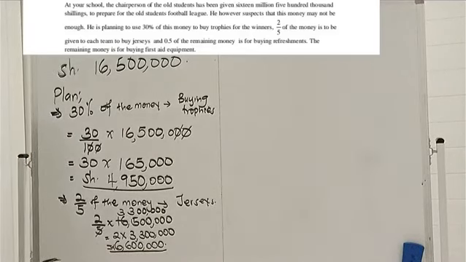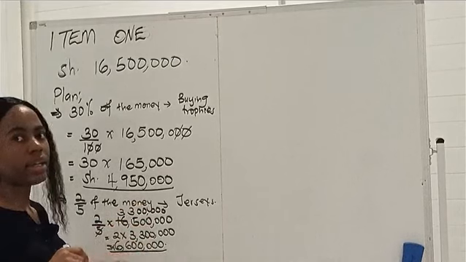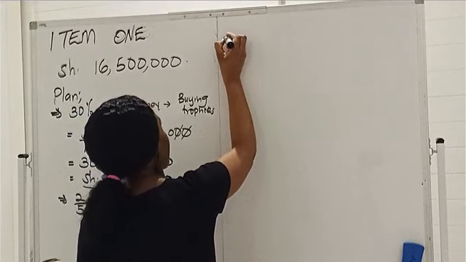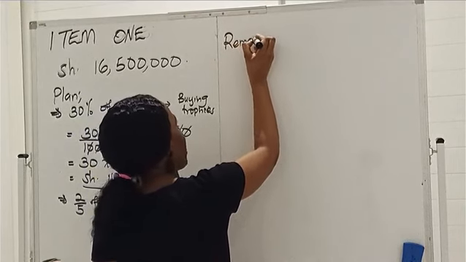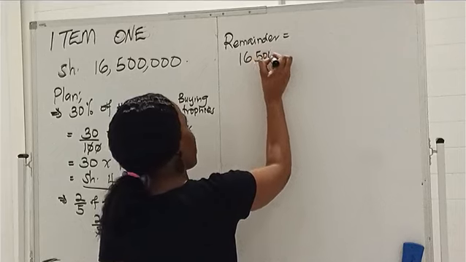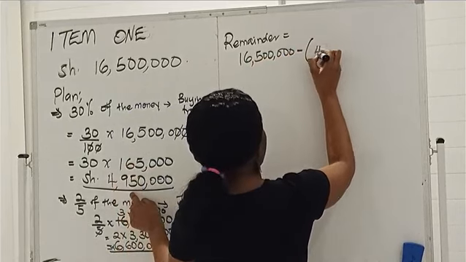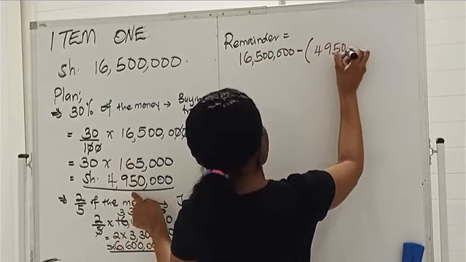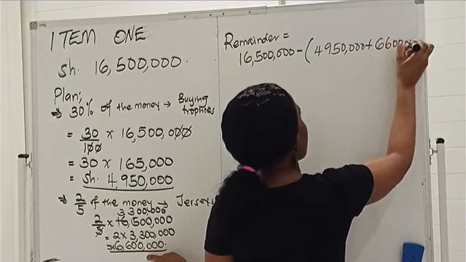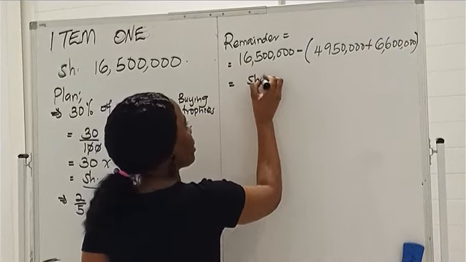They are saying that 0.5 of the remainder is going to buy the refreshments. So first of all, let us get our remainder. Our remainder is equal to 16,500,000 minus 4,950,000 plus 6,600,000. When you subtract, you will get shillings